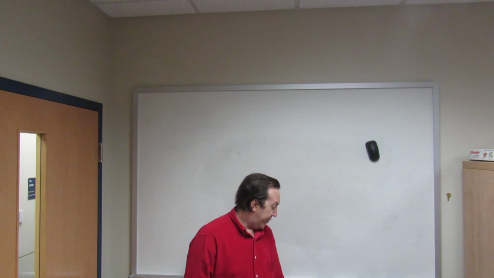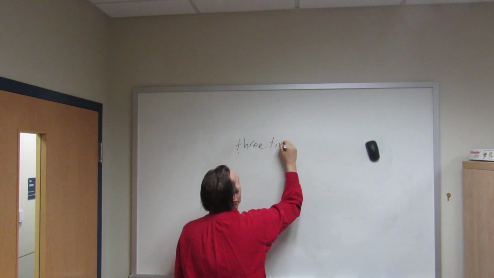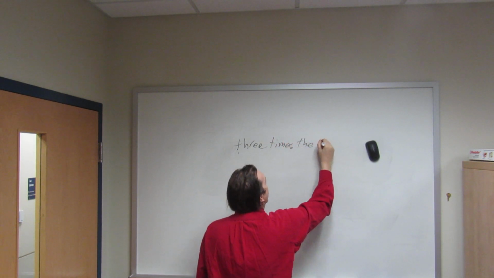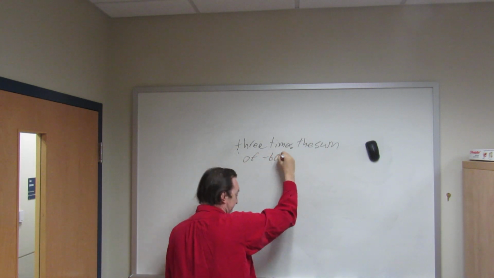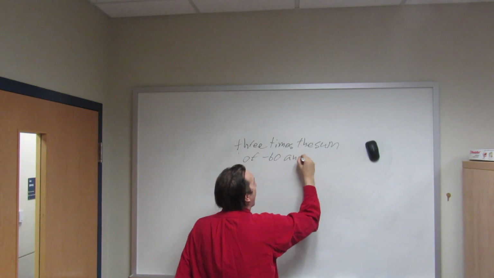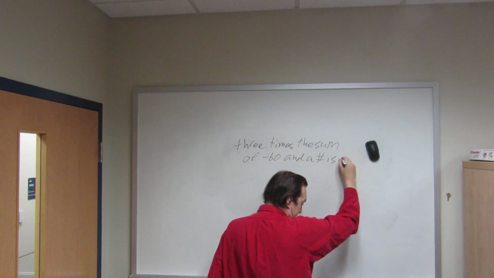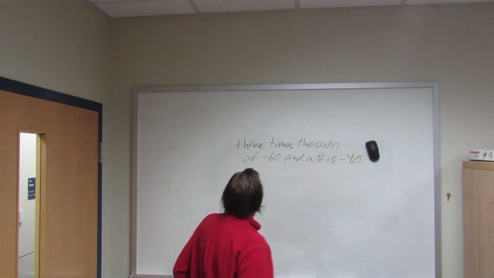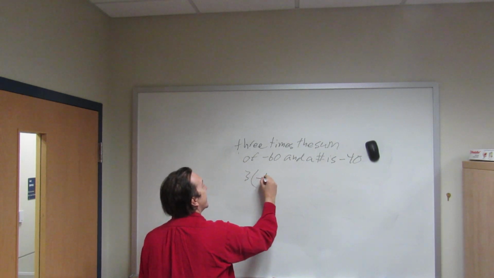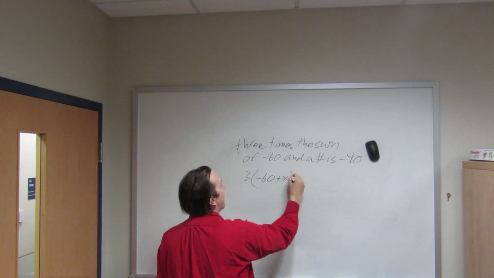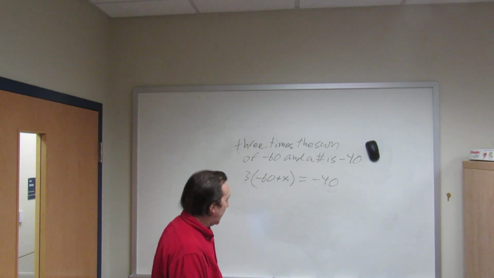If we have a question like 3 times the sum of negative 60 and a number is negative 40. That's going to say 3 times the sum of negative 60 plus a number, which is x, equals negative 40. So now we have,